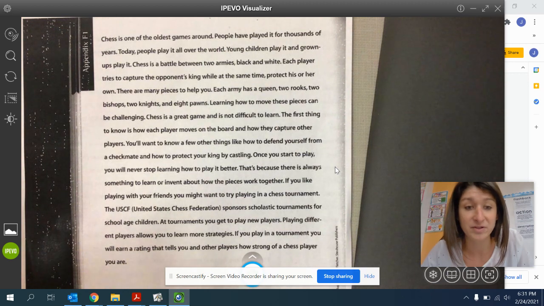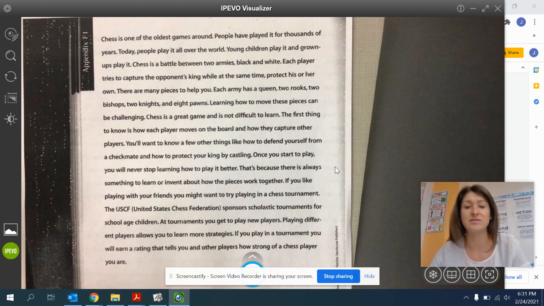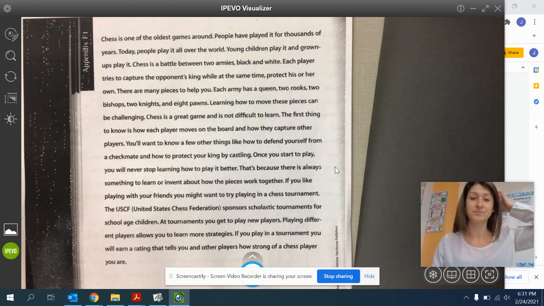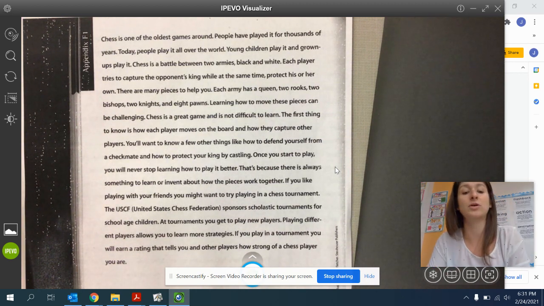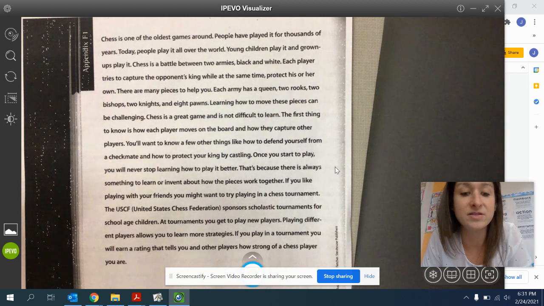If you like playing with your friends, you might want to try playing in a chess tournament. The USCF, United States Chess Federation, sponsors scholastic tournaments for school-age children. At tournaments, you get to play new players. Playing different players allows you to learn more strategies. If you play in a tournament, you will earn a rating that tells you and other players how strong of a chess player you are.